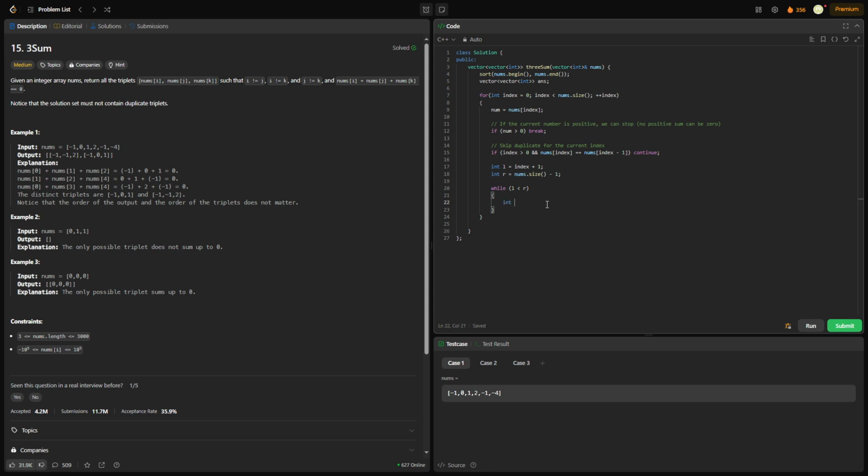So we have an L and an R, so we have an I, an L, and an R. So we have nums I, nums L, nums R, or nums J, nums K. So let's find what they add up to, because we set all our pointers. So we're going to say num plus nums of L plus nums of R. That should give us something. And again, we have 3 possible conditions: a negative number, 0, or a positive number, and we need to act accordingly depending on which one of those 3 conditions we're in. So if we have a 3 sum that's equal to 0, then,